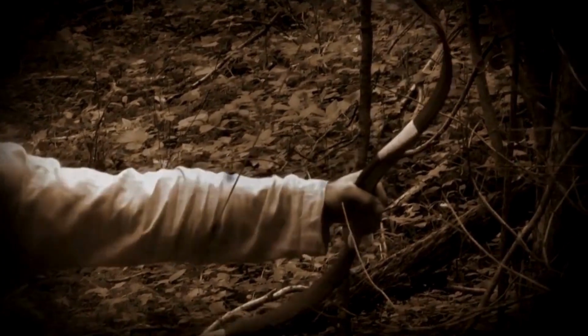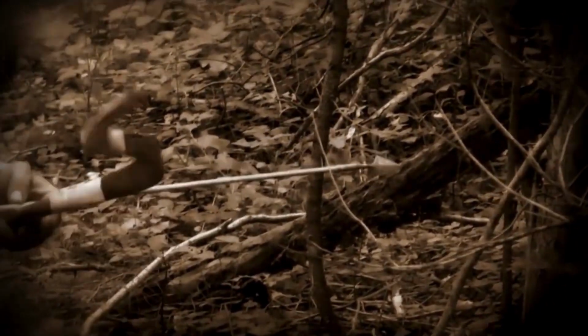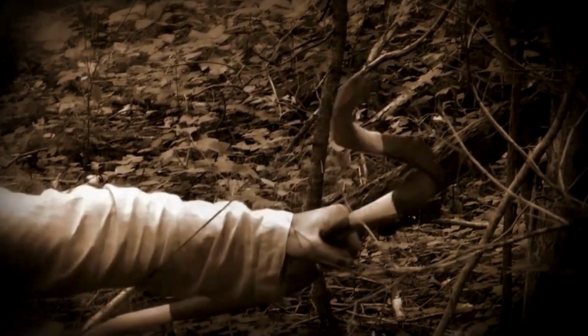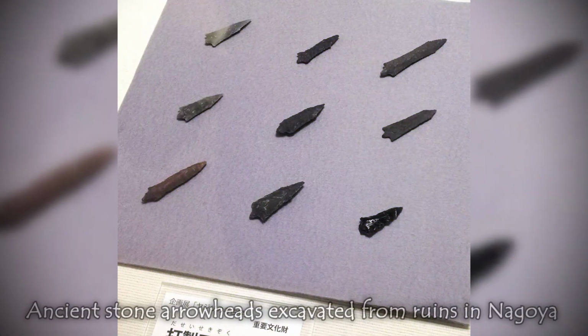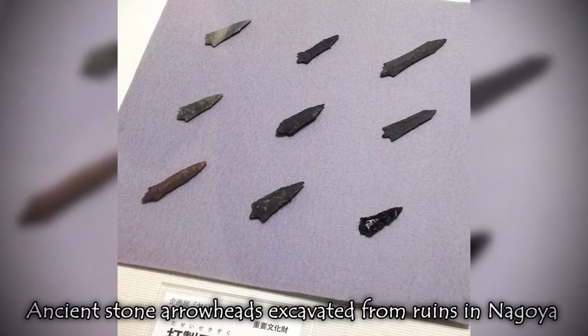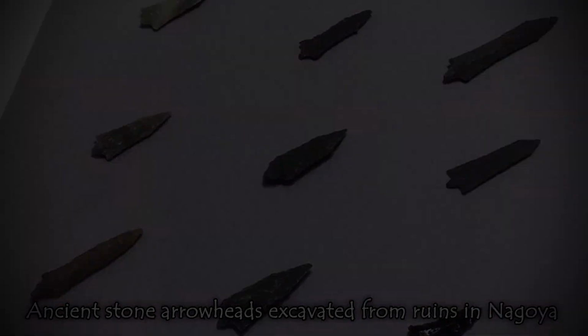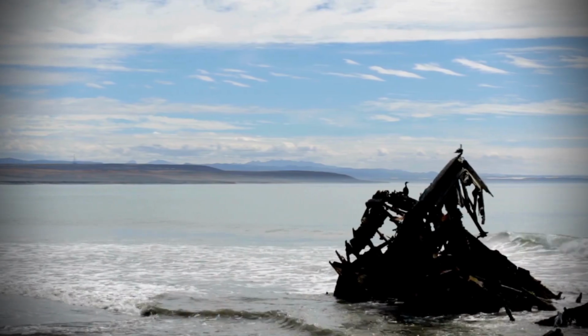It is unclear exactly when the bow and arrow began to be used in Japan, but it is known that they have been in use for several thousand years. Excavations have uncovered bows and arrows that appear to date back to ancient times, and back then arrowheads were made of stone. Around the 3rd century BCE,